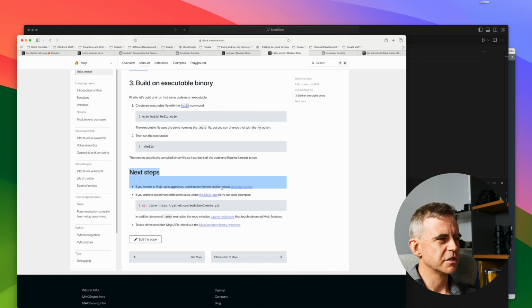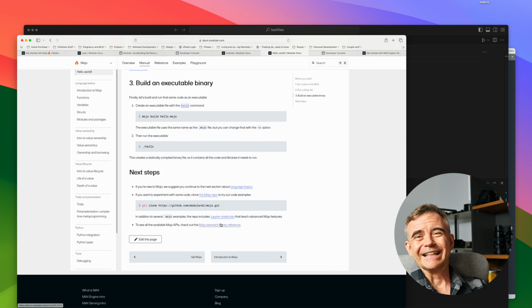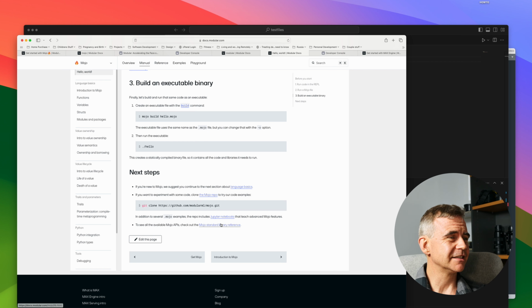If you're new to Mojo, just to continue the next section about language basics, if you want to experiment with some code, clone the Mojo repo to try out our code examples. In addition to several Mojo examples, the repo includes Jupyter notebooks to teach advanced Mojo features. To see all the available Mojo APIs, let's check out the standard library reference. So that's it basically,